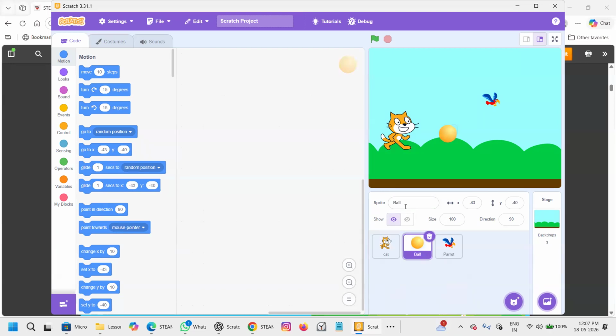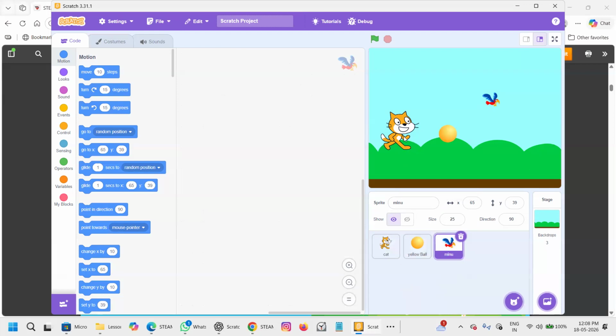And I can change the name of the ball to yellow ball. And the parrot, I can write here colorful parrot, anything you want. Or I can write the name of the parrot. What is the name of the parrot? Can it be Minu or any other name? Let's say Minu, the parrot's name. Okay. Or cat, like this.